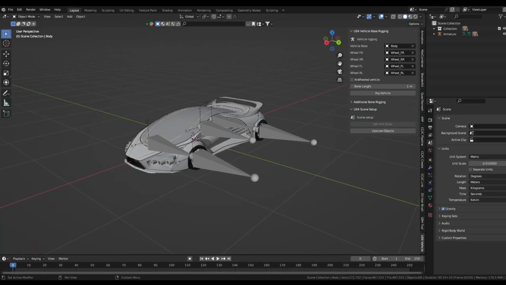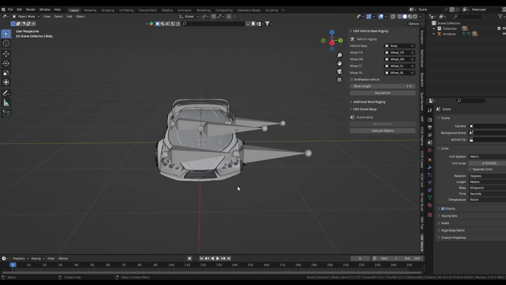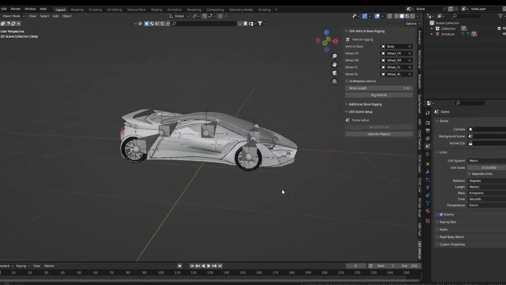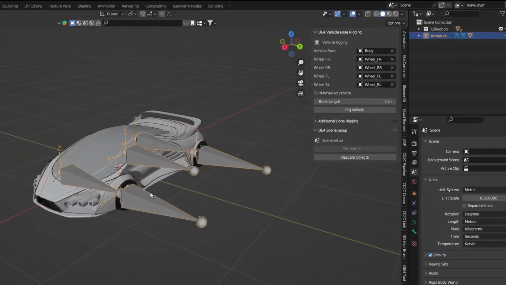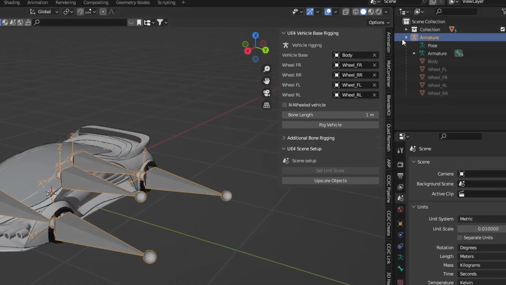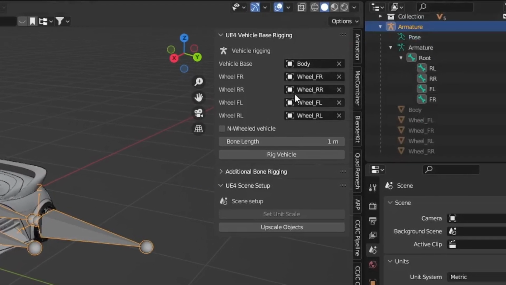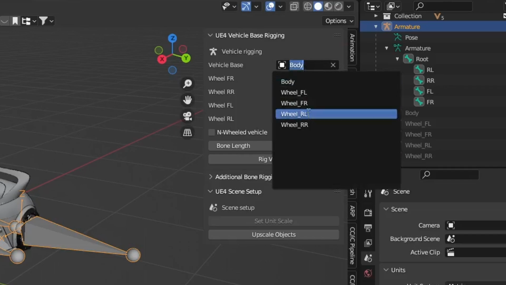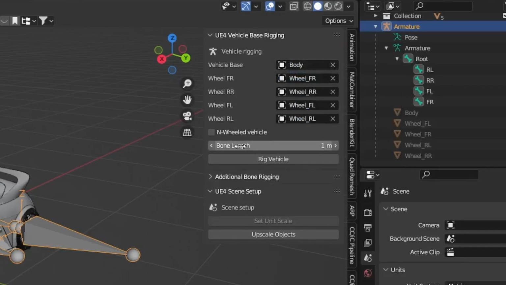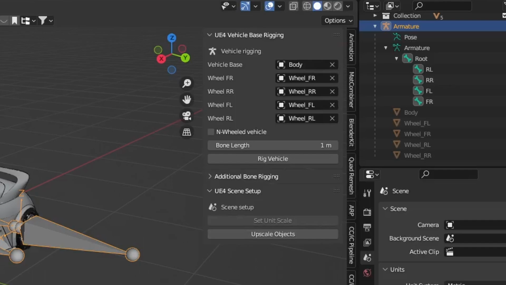For those working with Blender, I'd like to share an important tip. When exporting assets to Unreal Engine, pay close attention to scale settings. Blender uses a metric system, working in meters by default, while Unreal Engine works in centimeters. To avoid problems with colliders and vehicle behavior in Unreal, it's essential to set your scene units to centimeters before